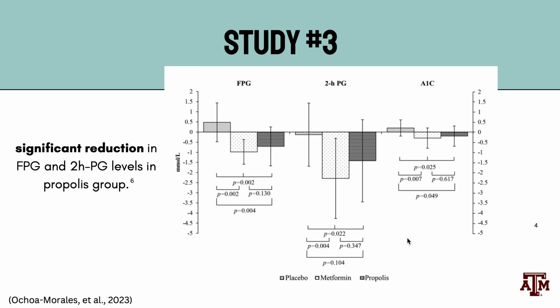So as you can see in this graphic, there was a significant reduction of fasting plasma glucose as well as 2-hour postprandial glucose levels, and one of the mechanisms that was proposed in this study behind the effect is that Propolis actually stimulates glucose uptake by our peripheral tissues, inhibiting the activity of the enzymes amylase, glucosidase, and maltase, which prevent the increase of plasma glucose after carbohydrate digestion, ultimately helping in having a better glycemic control and balance of